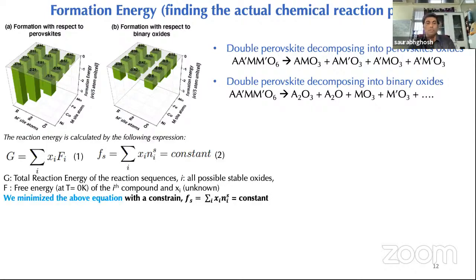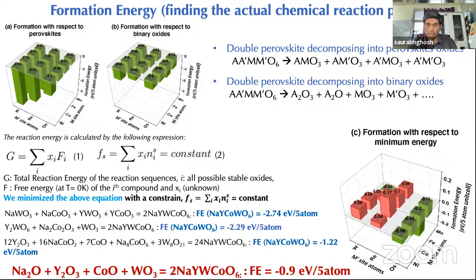Then we developed a new method. It's the first time we have introduced this method in double perovskites. We have calculated the actual true chemical energy pathways that we would expect from the experiments. For materials informatics, we have a pool of possible binary oxides and ternary oxides, combining all the components. My reaction pathway is G equals the sum over i of X_i F_i,